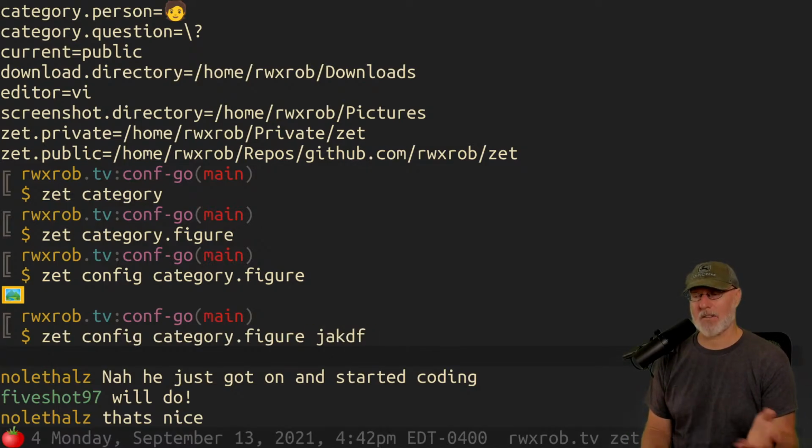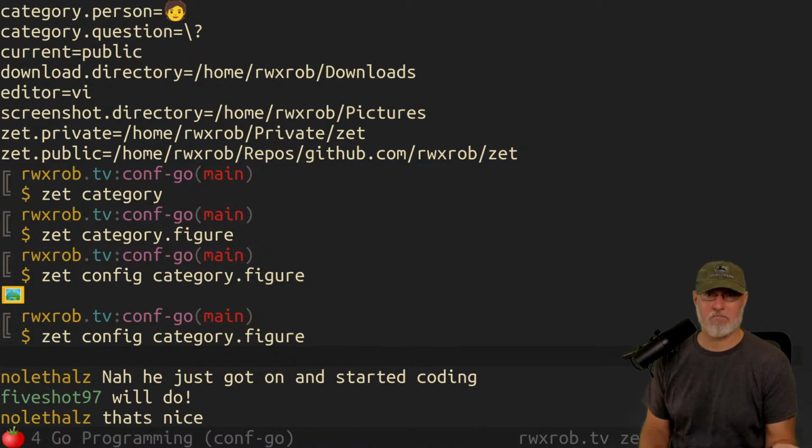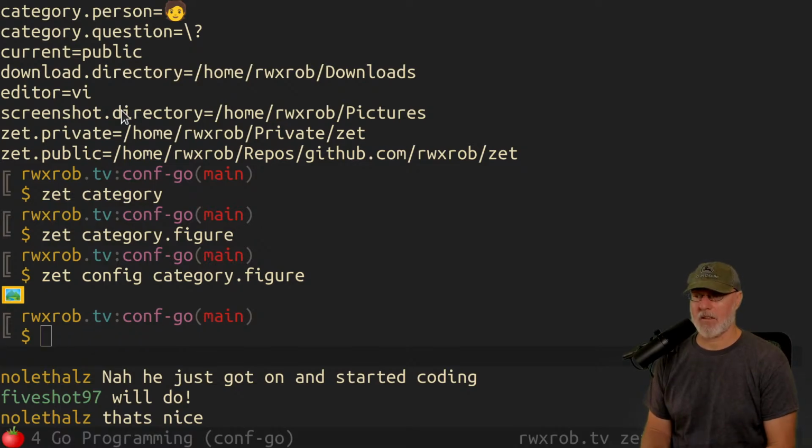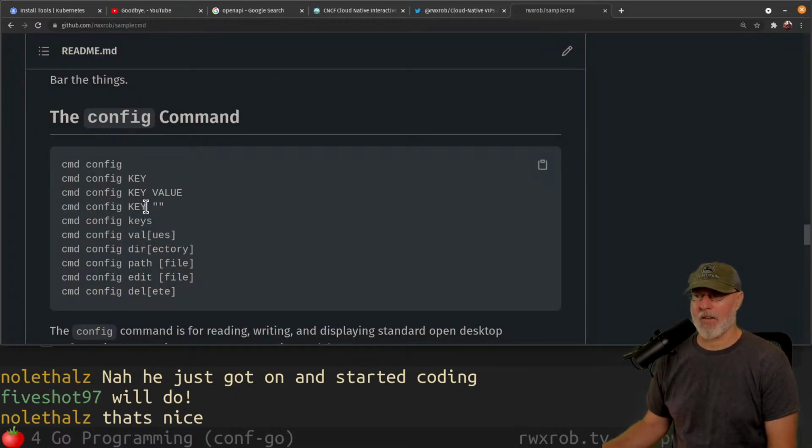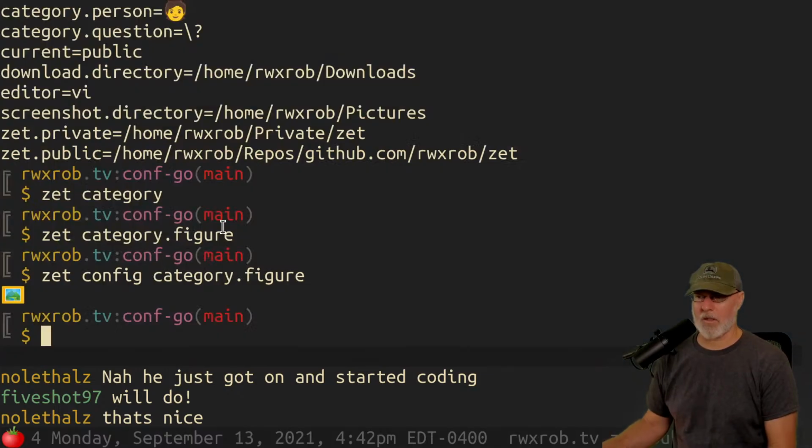If I just want to access it, this was very much inspired by Git. Git does this for git config. You give a value, it sets it. If you leave the value empty, it shows it to you. The end. There's no fanciness there. There are a couple other things. I think there's delete. Let us see. Yeah, there's the key value. This deletes a value. This shows you all the keys. Oh yeah, I forgot that.